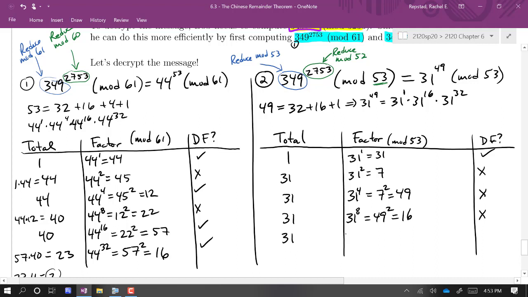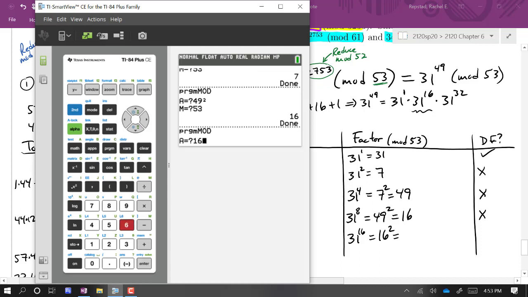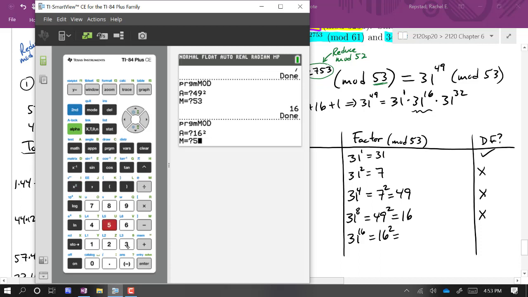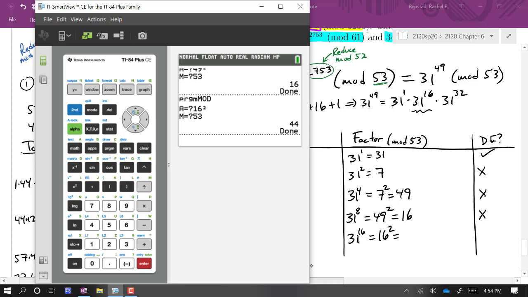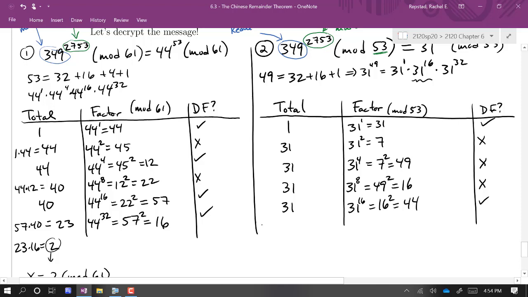And then we're at least getting to a desired factor. 31 to the 16th is 16 squared mod 53. 44. This is desired. So 31 times 44